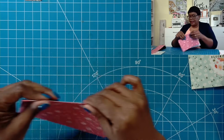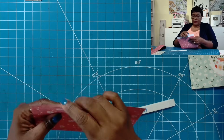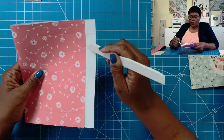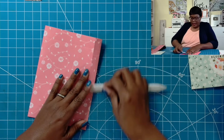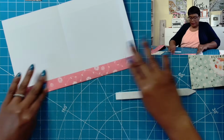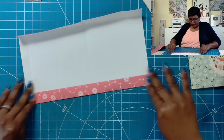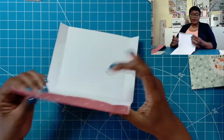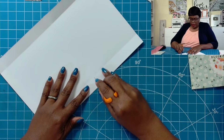So now I can take this, we can fold and burnish all of our scores. And now hopefully you can see where I have this piece and then the next score. You need that little bit of buffer room in there. And that's why I added that 1/8 of an inch. And I am just folding and burnishing all of my scores. And I don't like this little narrow fold over flap here, so I'm going to show you how I'm going to fix that. So here in the middle, we have